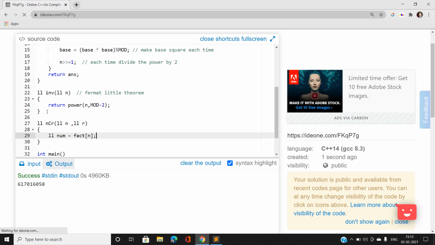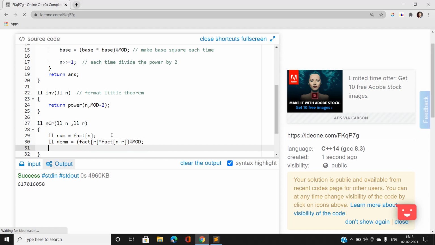Suppose we have the factorial of n already built using dynamic programming. Also we have a denominator, which is going to be factorial of r into factorial of n minus r, okay. So we have this, and we are going to take modulus along with it.